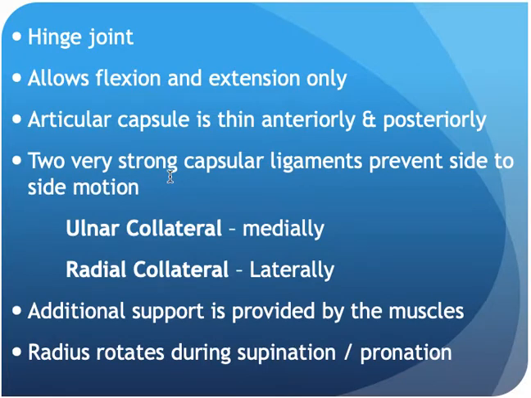We have only two real ligaments that we want to be worried about, but they're very strong, and they're preventing this side-to-side motion. We get an ulnar collateral, and we want to remember that the ulna is medial, so it's going to be on the medial side. And we want to remember that the radius follows the thumb, and in anatomical position, it's going to be on the lateral side. And then we get additional supports from the muscles, but a lot of the elbow